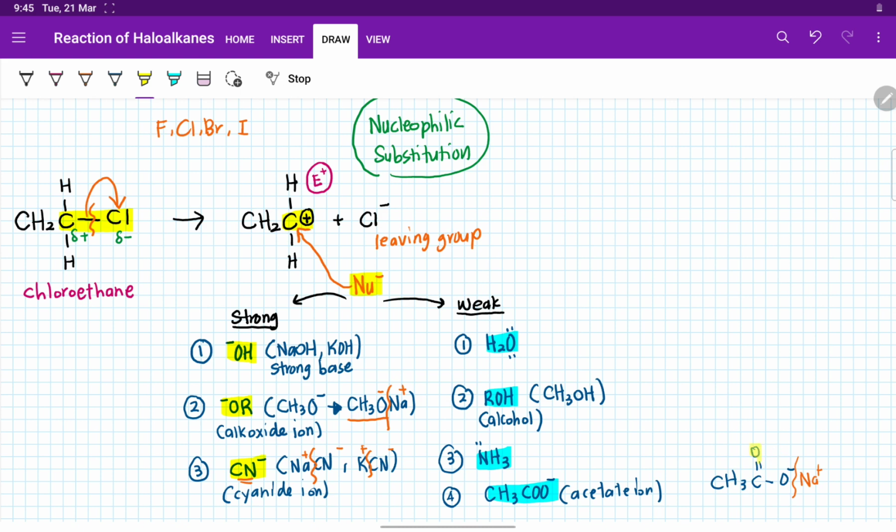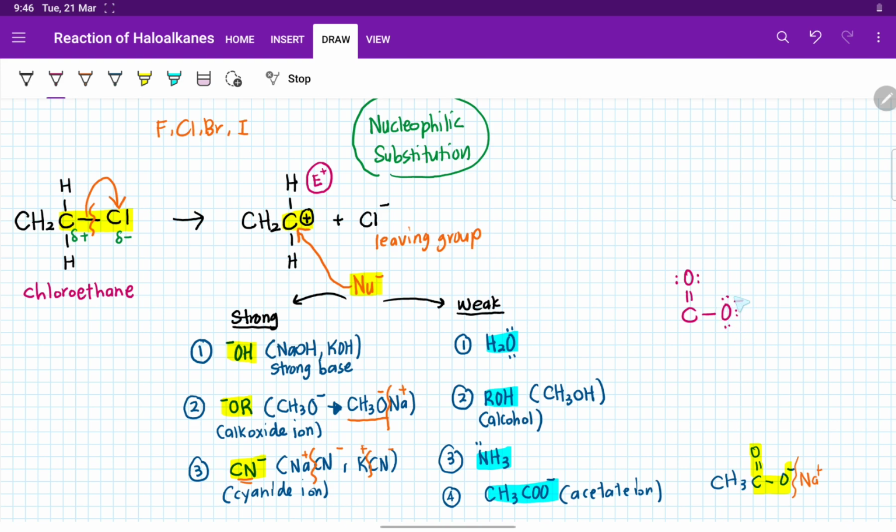This is because kita punya C double bond O dekat sini. Okay, the C double bond O, okay, O minus. So akan ada lone pair of electron dekat sini. Okay, and this lone pair of electron can be delocalized, okay, in between the carbon, oxygen and oxygen over here,